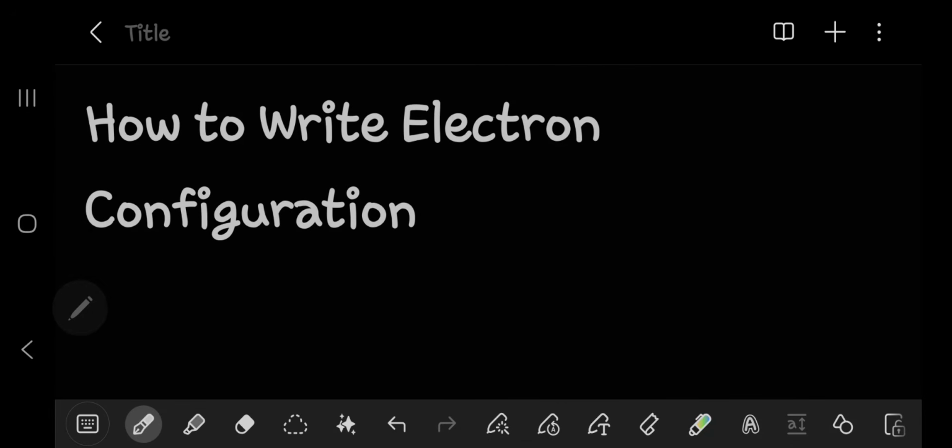Today, we're going to learn one of the important skills in understanding the structure of an atom, how to write